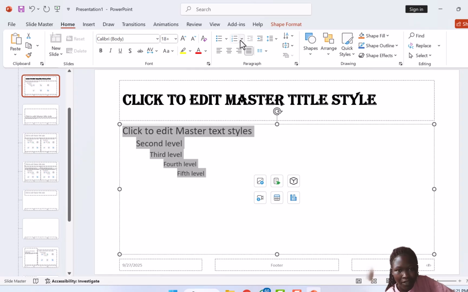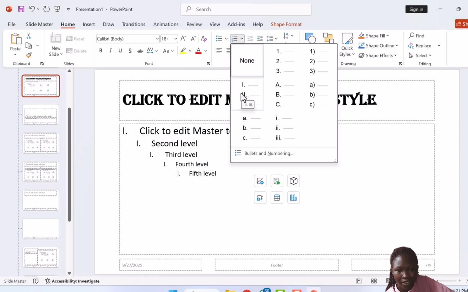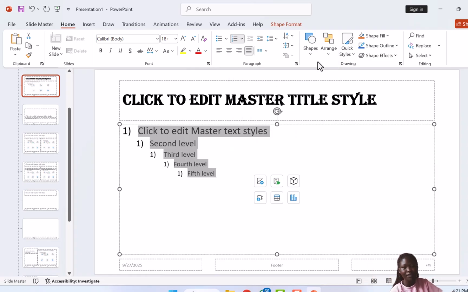Also, the numbering, in case you're going to number the points, you can choose how you want them to be numbered. So we can also have that. You choose the way you want your work to look. So there are many ways of doing this. Let's take that. Then you can choose the